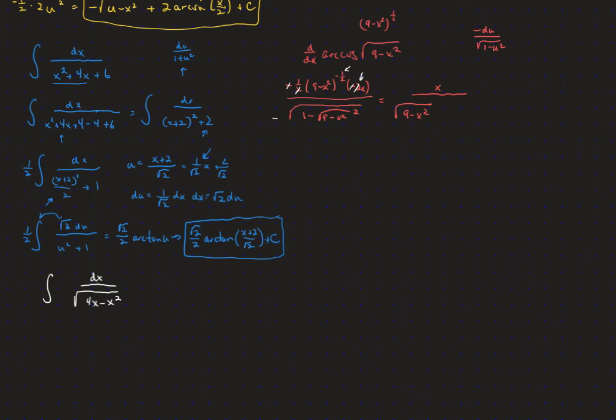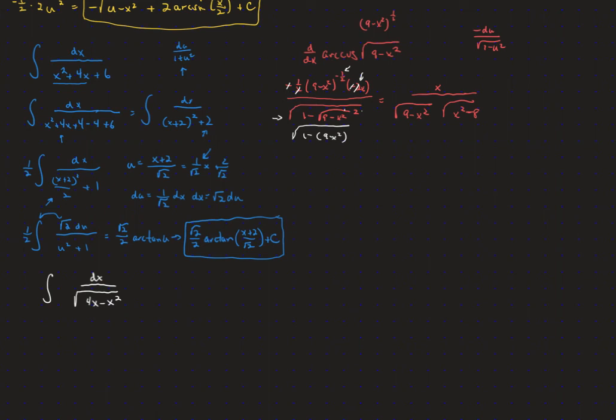Now, looking at this part down here that was already there, squaring the radical is going to remove the radical, but we're going to have to remember to distribute that negative sign that's out in front there. So that is going to become, let's see, 1 minus 9 is going to be a negative 8, and the minus negative x squared is going to become x squared. So we're going to get that square root of 9 minus x squared times x squared